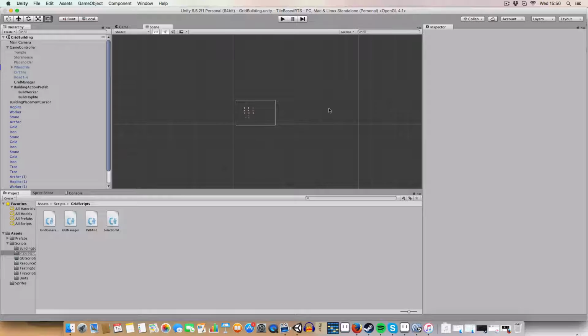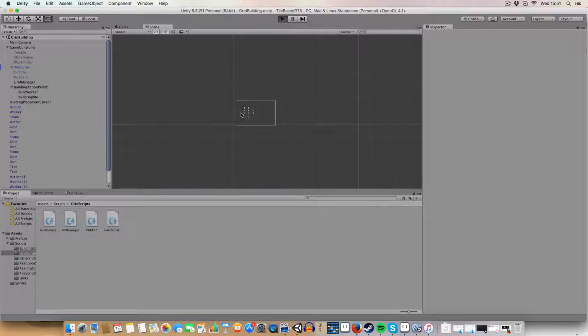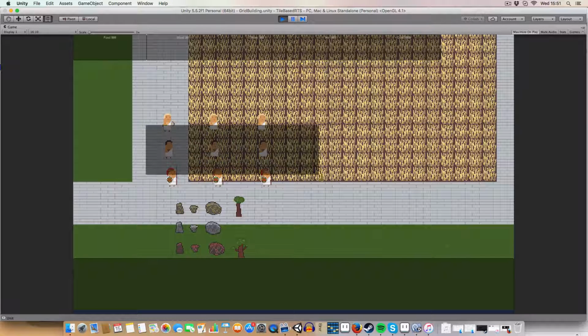So basically you click a building, you click a button to build a worker, and it builds a worker after a certain length of time, that costs resources and stuff like that. So I'll just quickly demo it. If we just select all these workers,